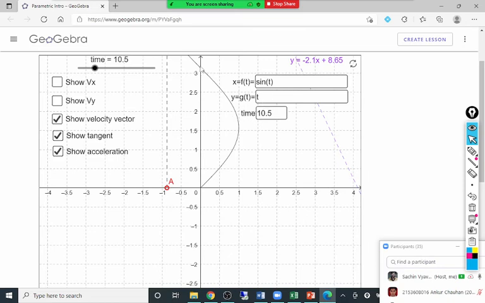See, up to point 3, up to this point, the acceleration is towards the negative x-axis direction, and after point 3 it flips to the positive x-axis direction. So that way the acceleration changes its direction if there is a random path. So we'll not go into the detail now. I hope the concept of acceleration and velocity is clear.